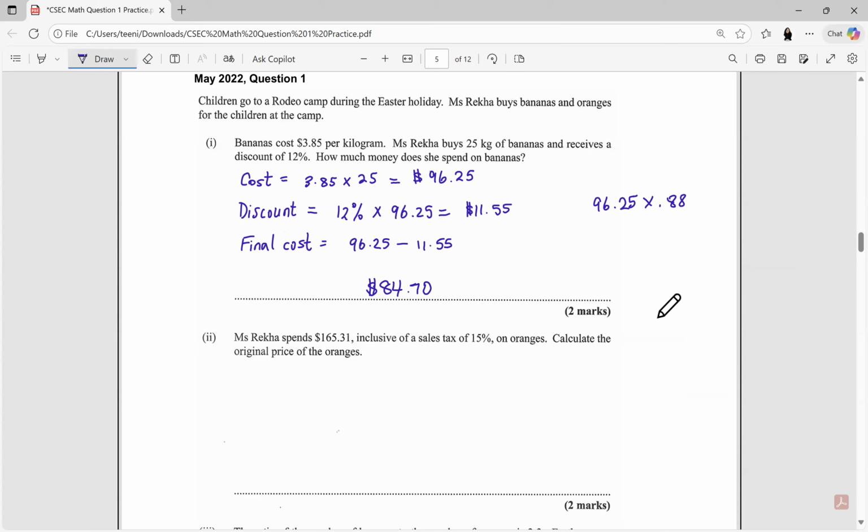Miss Rika spends $165.31, inclusive of a sales tax of 15%. Calculate the original price of the oranges. Do you know how to work this out? This $165 is inclusive of sales tax. How do you think you have to do that one? Well, for me, I do it kind of similar to how I did the first one. I calculate 15% of 165.31, and that is